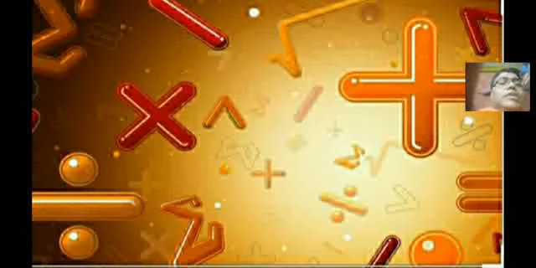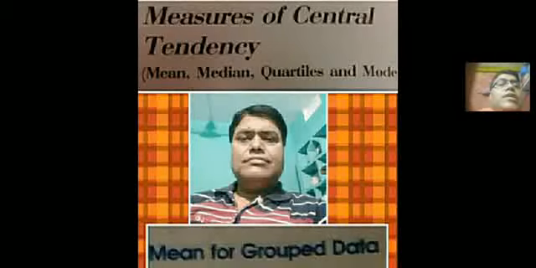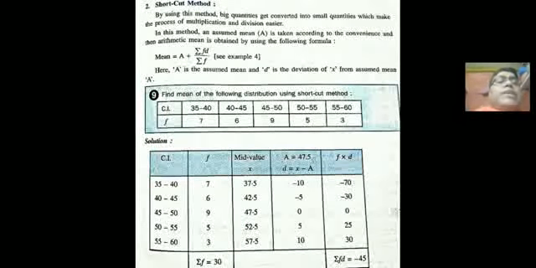Dear students of class 10, this is the second video on the measure of central tendency, related to finding the mean of grouped data. The mean is another part of the measure of central tendency. In earlier videos we saw this for ungrouped data. This one is for the mean of grouped data, using the shortcut method. The formula is the same: mean is equal to a plus sigma fd by sigma f, where a is the assumed mean. Here is a question for you.